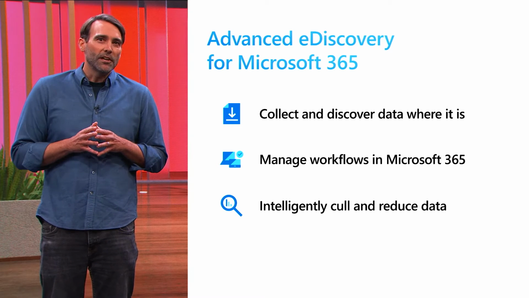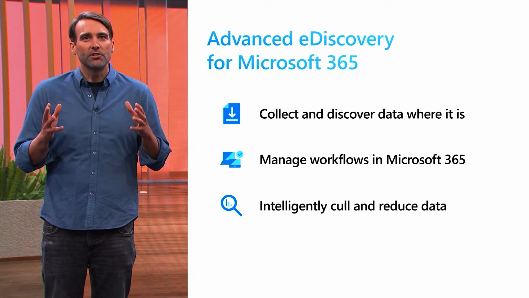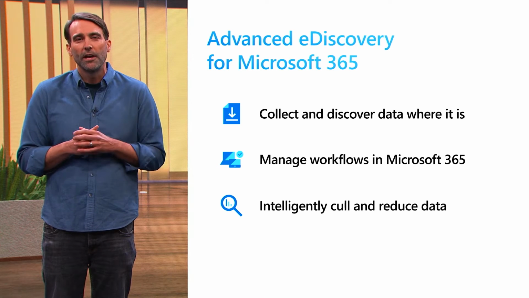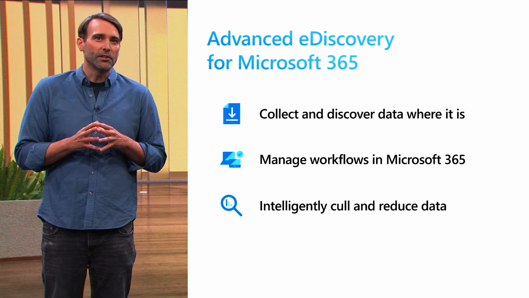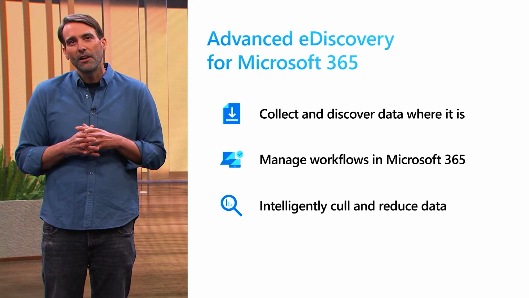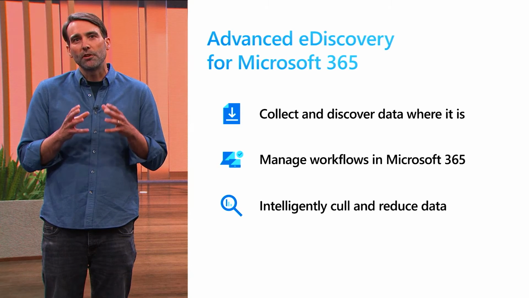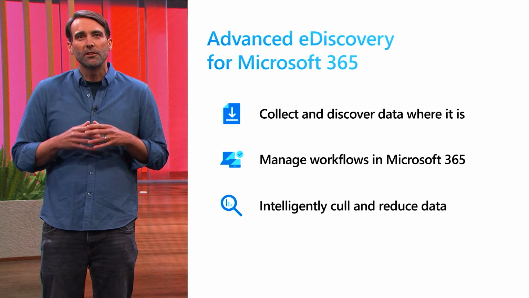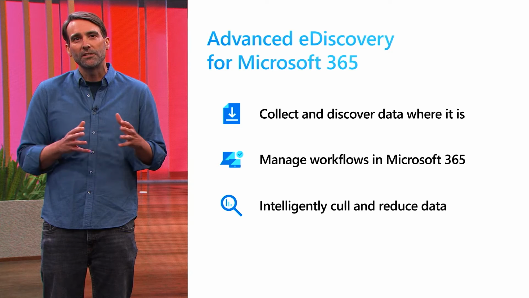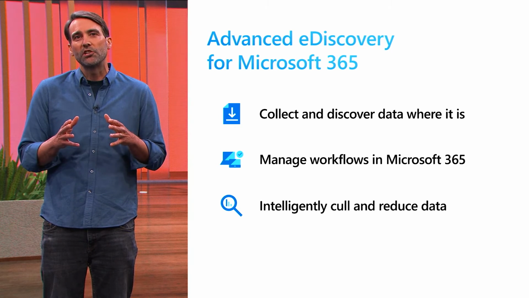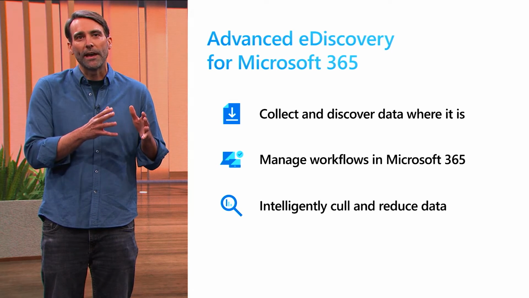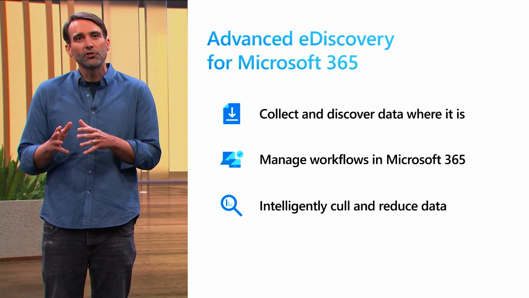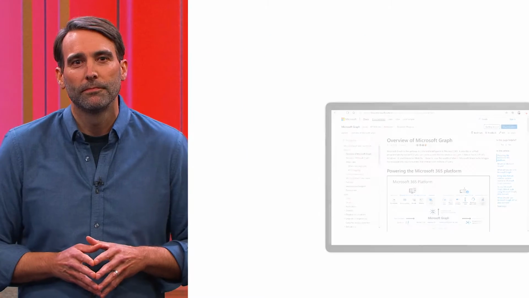In addition, advanced e-discovery helps organizations manage e-discovery related workflows like legal hold notifications and review. And finally, with rich data analytics, redaction, and smart tagging, you can minimize and reduce the amount of content required for the case. Think of email thread reduction, deduplication, theme-based analytics, and more to help organizations get to the most relevant content for that case. This minimization helps reduce the cost and risk of downstream e-discovery activities.